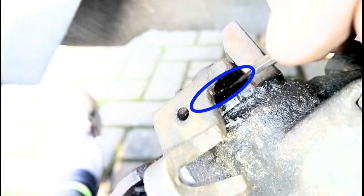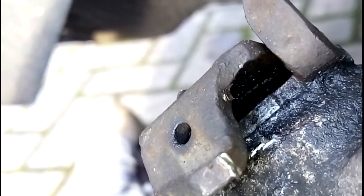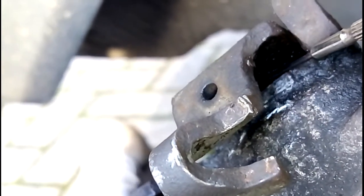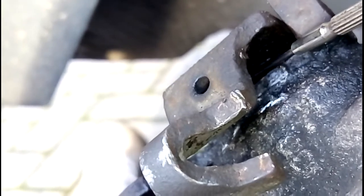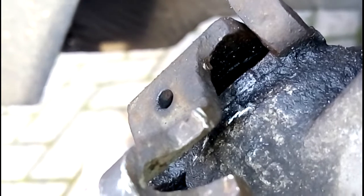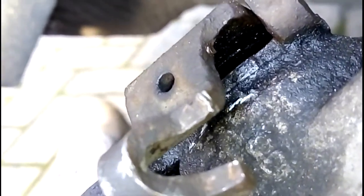And what's happened is this is split, big style. See if we can zoom in. Right, so that seal has split. It's cracked, it's old. The heat has got to it. There. Right, because that is split,